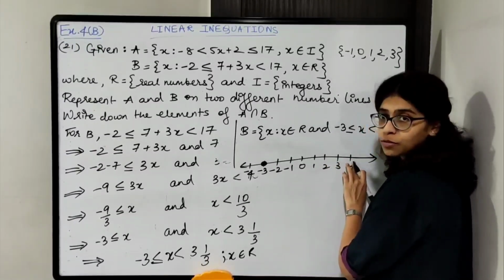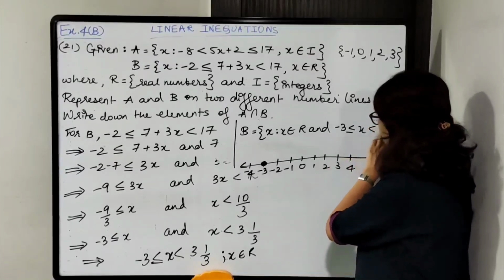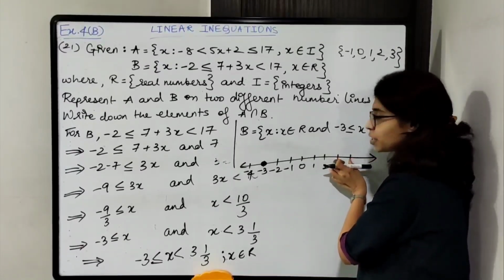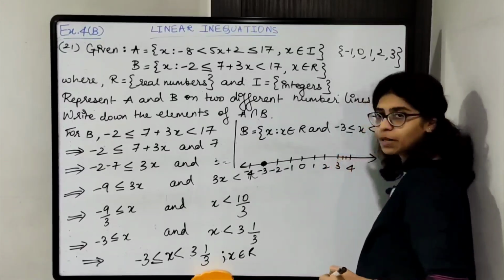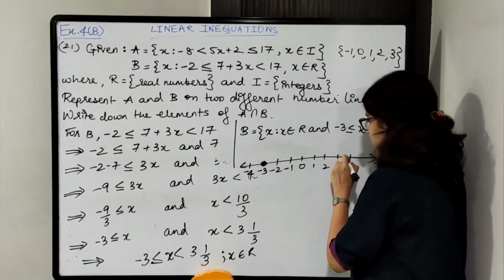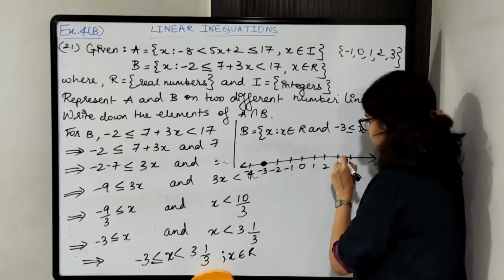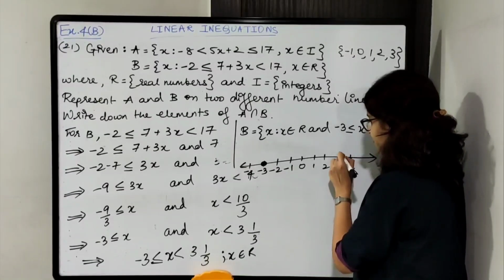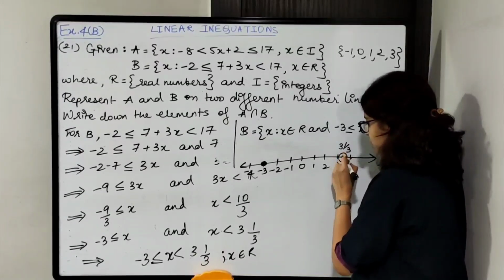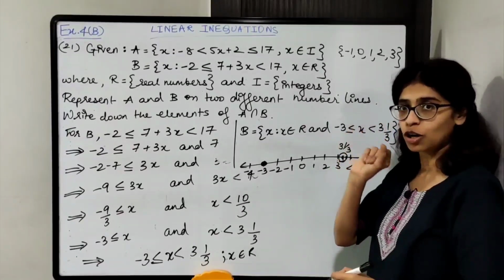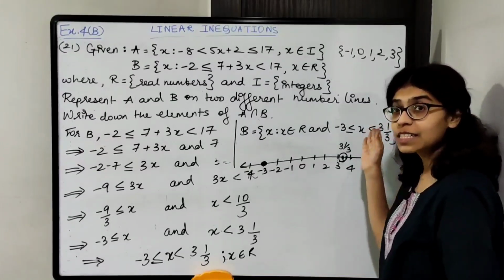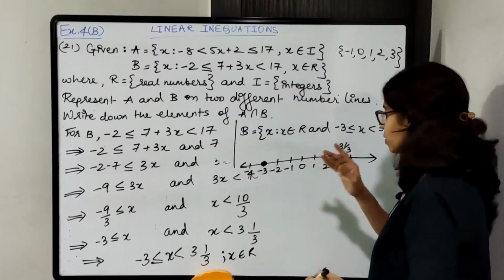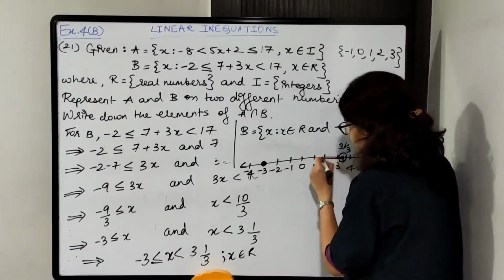Between 3 and 4. Okay, so 1 by 3 है, that is 3 to 4 is one part. You are dividing it into 3 parts. So divide it into 3 parts. This is first part, this is second part, this is third part. So for 3 1 by 3 is over here. So circle this. You will not fill this, dot नहीं करना है thick. Why? Because it is not equal to 3 1 by 3. It is less than 3 1 by 3. Okay, so any value in between is possible.